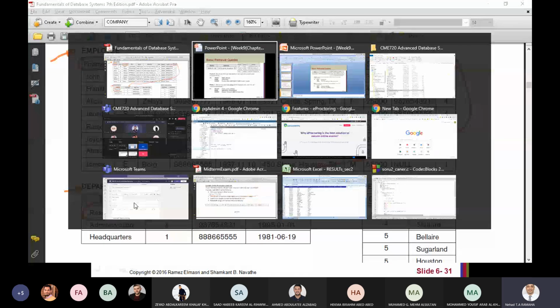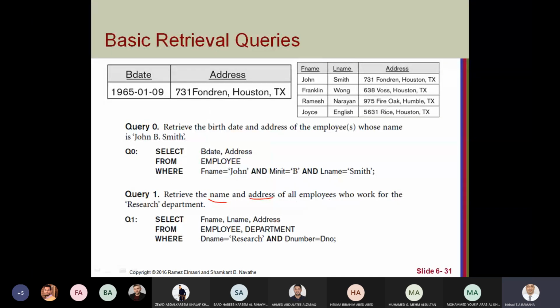So we have two conditions. First condition, the department name should be research, and D number from department equals D number from employee.